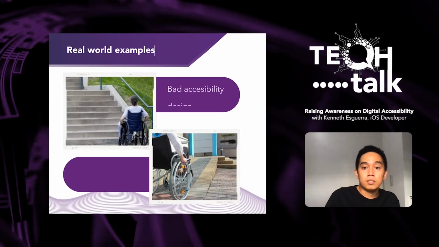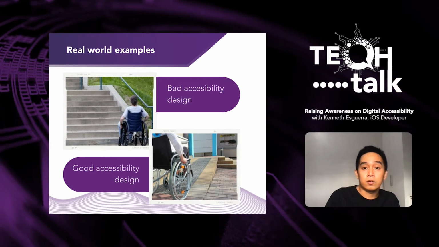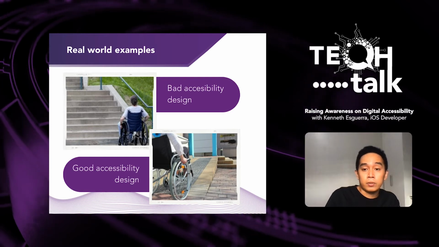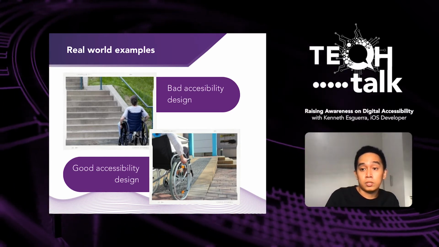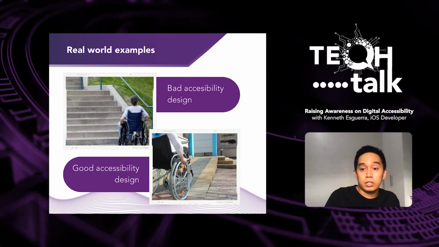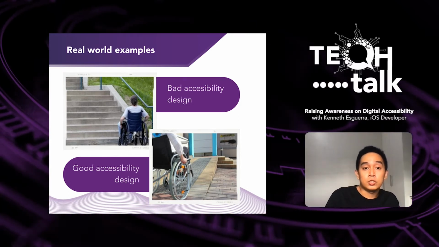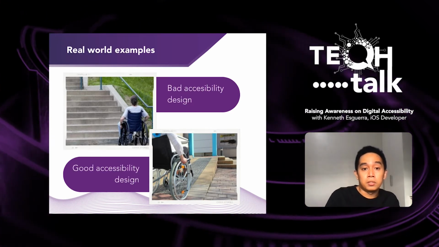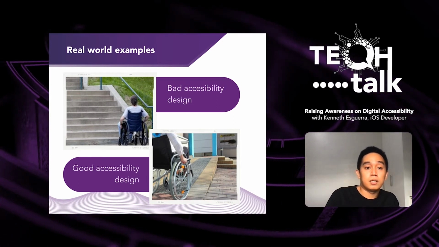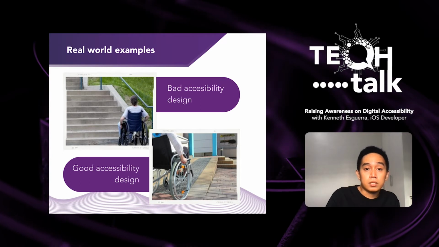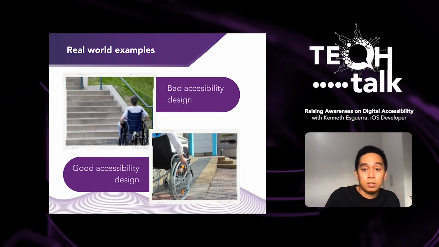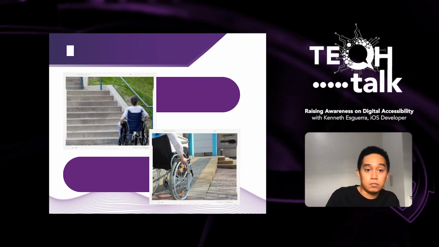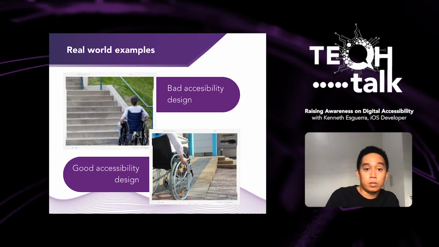So in real life, you might be familiar with, or might have been noticing for a long time, a good example of good accessibility and bad accessibility. When you go to the mall or the hospital, especially the hospital, there's always a ramp for people in a wheelchair who are not able to walk. Imagine being in the shoes of these people. For example, when you are going to a mall or anywhere you want to go, but you are being limited because of a bad accessibility design. That can be translated to the digital world. For example, in the mobile apps we develop, like I mentioned, we can add features that will become more useful to the people that we want to help.